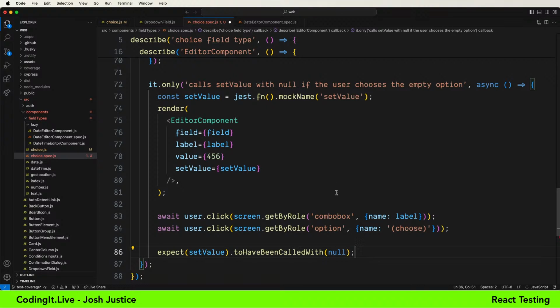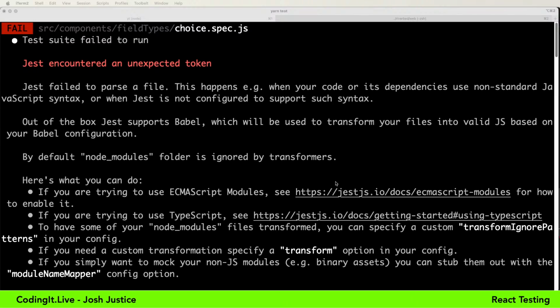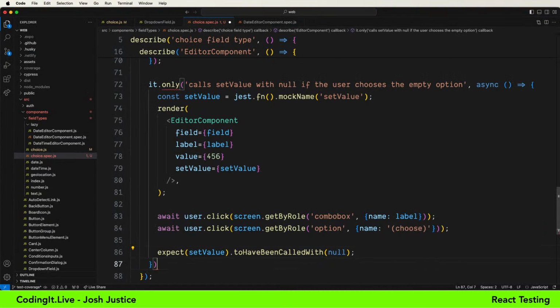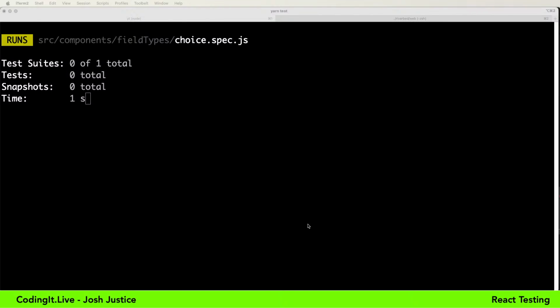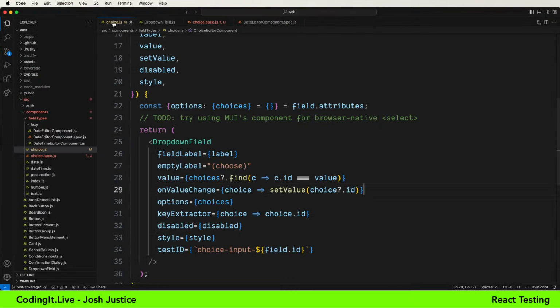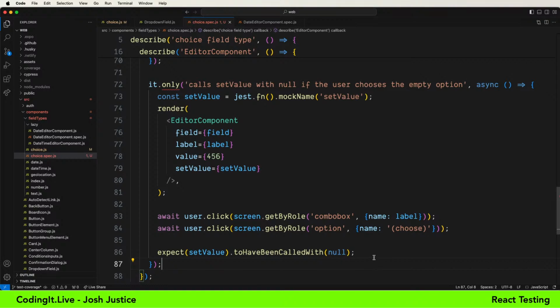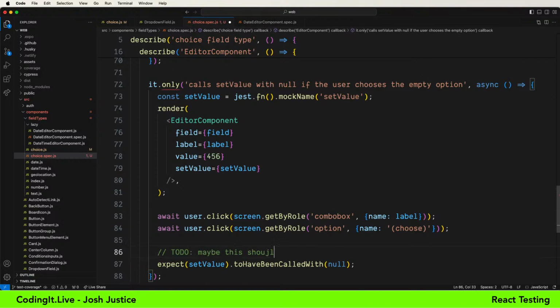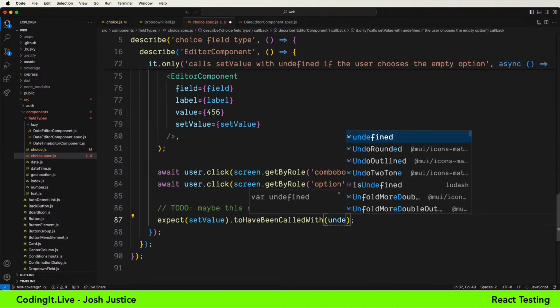I forget if this is the case or not, but this is what I understand the code to be doing. It fails. I thought it seemed like there was something I was missing. I think I'm missing, yeah, a close on there. It's called with undefined, and maybe that was intentional. Yeah, I think that's what happens by default with this optional chaining. I think that's the name of what that's called. So we're getting undefined back. So let's say to do, maybe this should be null for simplicity. But let's just document, calls it with undefined.